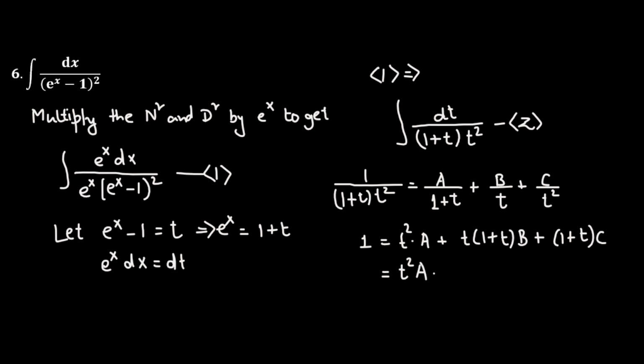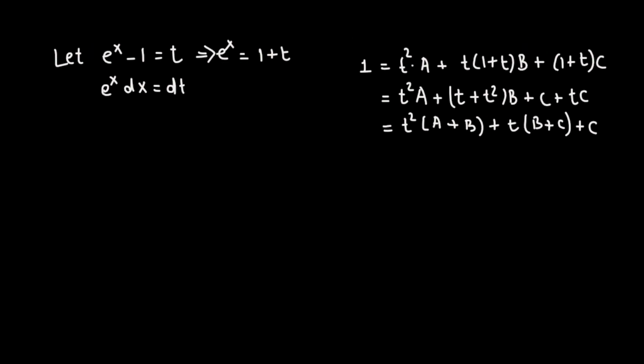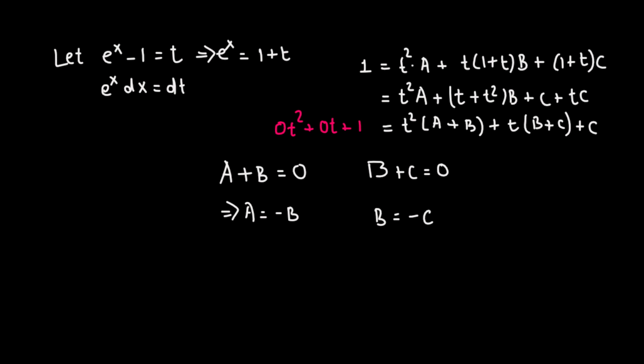Now we're going to write all the common terms together. For that we need to reduce the expression on the right hand side. So we have t squared times a plus t squared times b plus t times b plus c plus t times c. That should give us t squared times (a plus b), which will be the coefficient of t squared, plus t times (b plus c), which will be the coefficient of t, plus c. Now we are going to equate both sides. That should give us a plus b is equal to 0 because the coefficient of t squared on the left hand side is 0. Similarly, b plus c is equal to 0 and c is equal to 1. Solving for a, b and c,